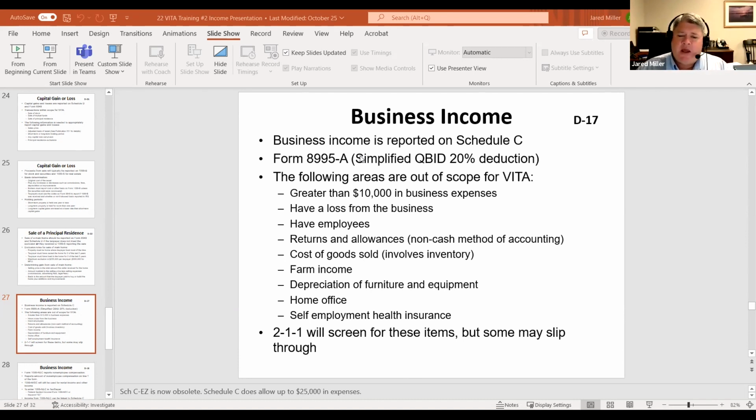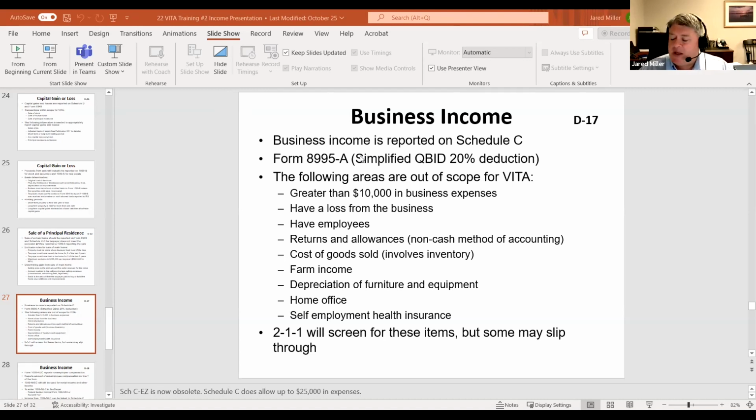Also, farming income. We cannot handle farm activity. I know we're going to be putting a Quarryville site in here, and I know it'll be very tempting to say, let's do some returns for people within the farming community. There's a little bit more complexity when it comes to farming activity. Usually we'll have all kinds of different activity. We're going to have to talk about depreciation for chickens and horses and things like that. I'm happy to do that, but we just don't have the capacity in VITA to handle the farm activity.